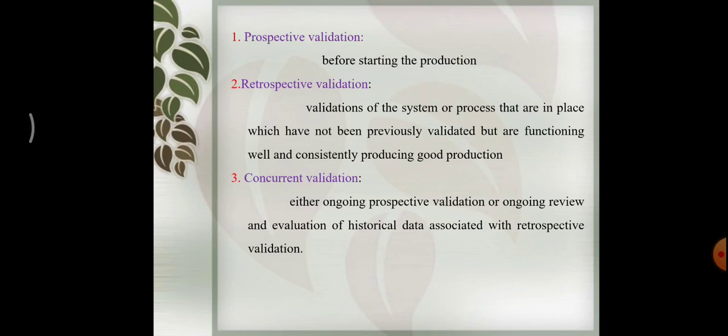In this stage, which is stage 1, we design the commercial procedure for the commercial production of the formulation. Based on the critical quality attributes and critical quality parameters, it will be set. The risk assessment will also be done using the tool failure mode and effects analysis. Based on these criteria, the process will be designed. In this stage the process will be designed.